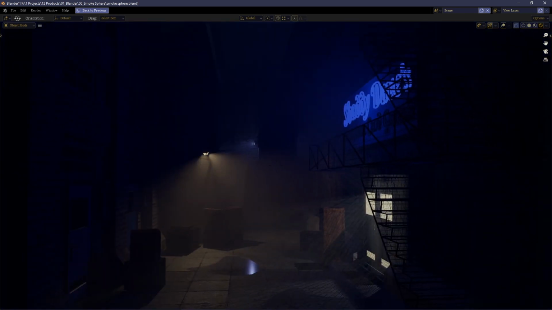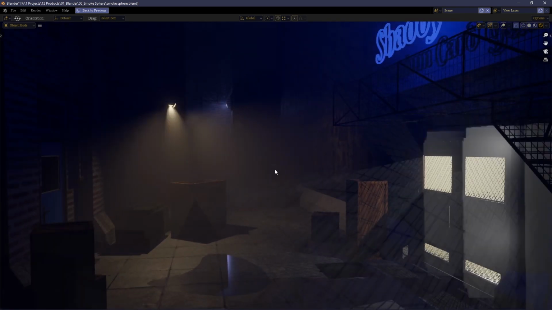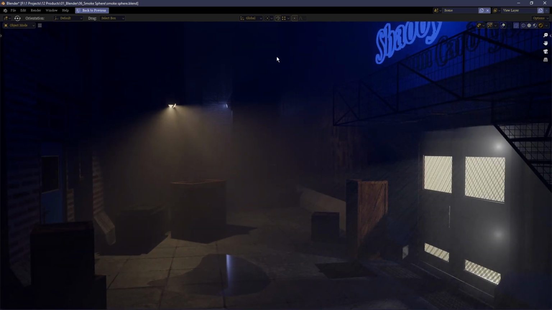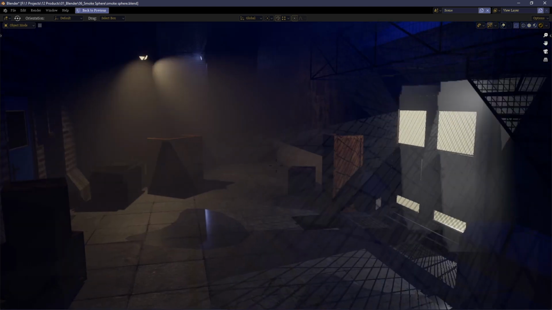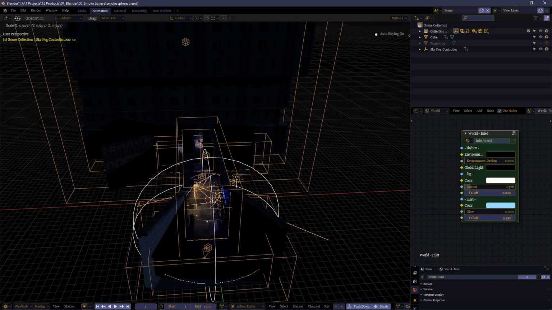For example, in this scene, we would like to have an effect of thick fog over there in the distance, but we don't want to desaturate or obfuscate the scene in the foreground here. We want it to be clear and open and visible. Well, with this plugin, that gives you the ability to do this.